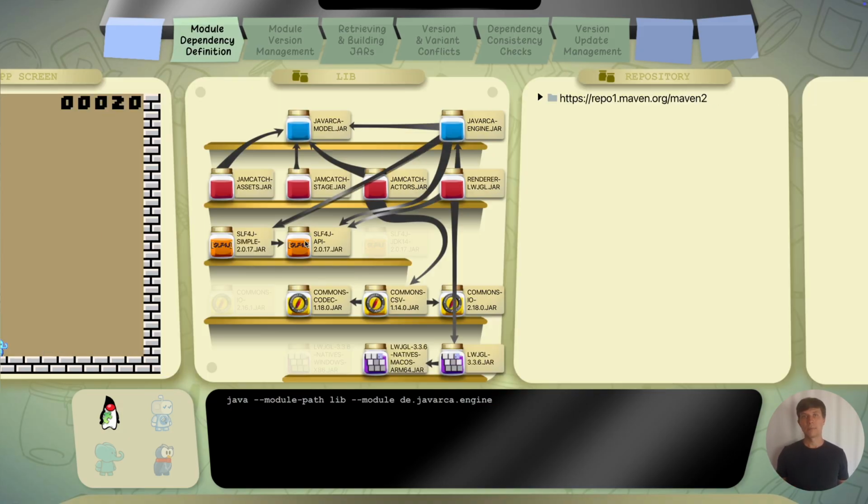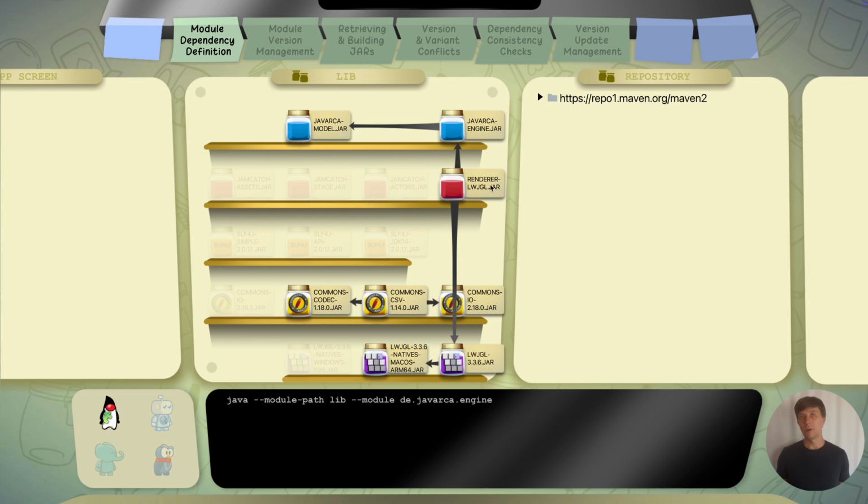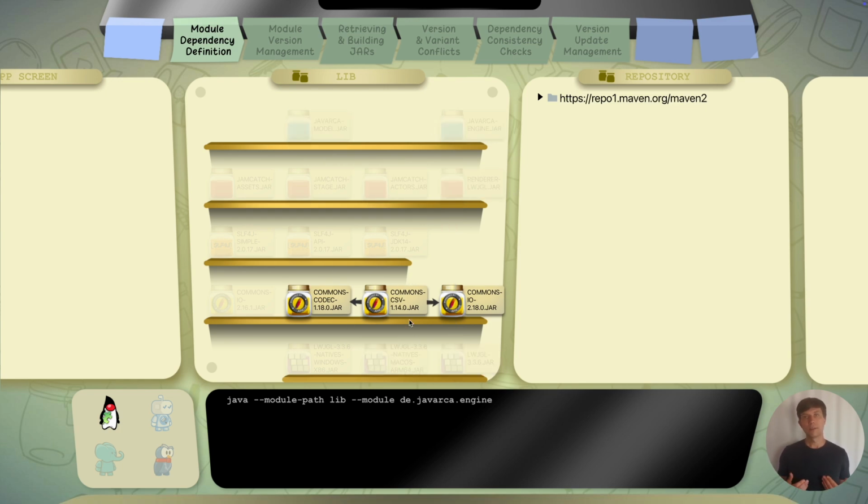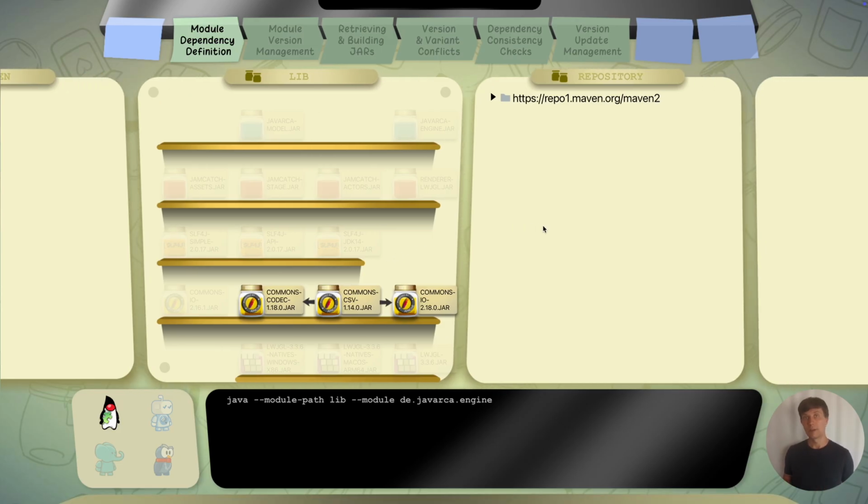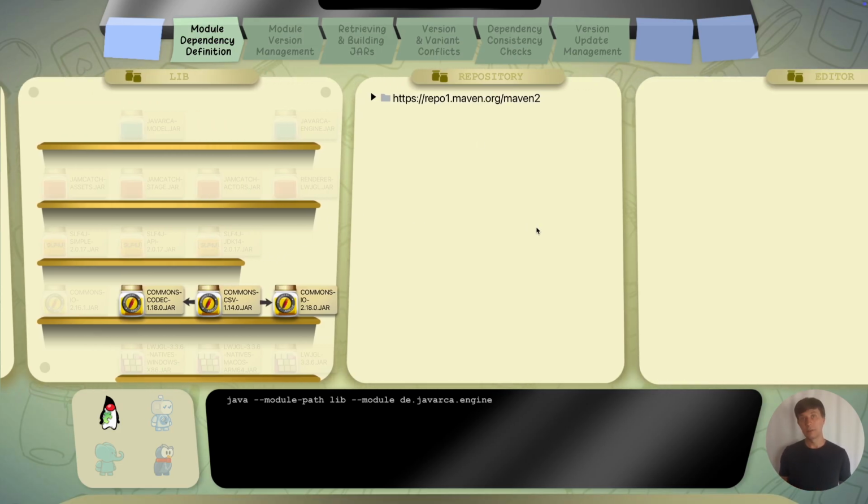To understand where Java has this information from, we should take a look at one of the modules in detail. Let's take a look at the Commons CSV module that we already used last time to explore some cases. Commons CSV is an open source library that is published to the Maven Central repository. Maven Central is a repository, a server that allows build tools like Maven or Gradle to access modules following a certain pattern.